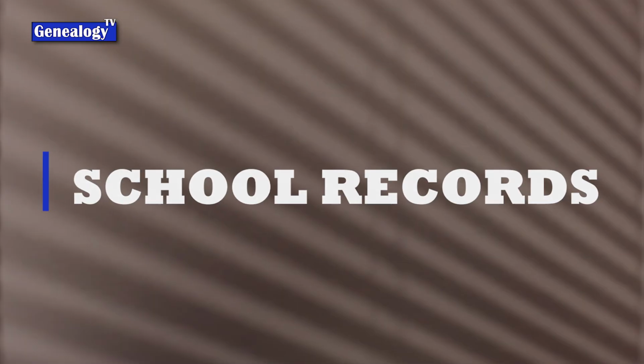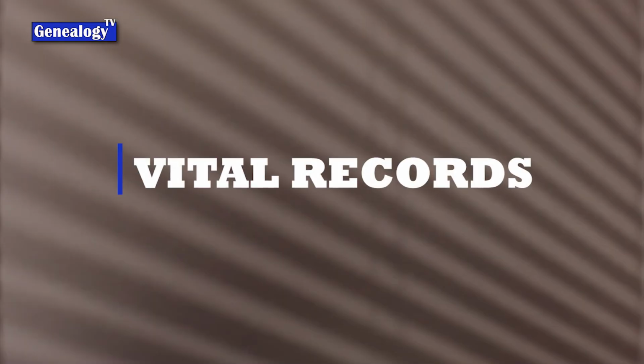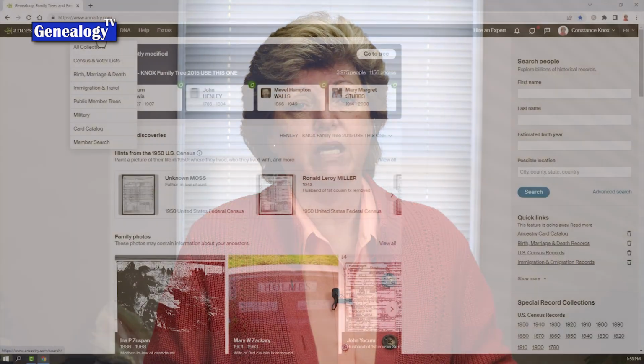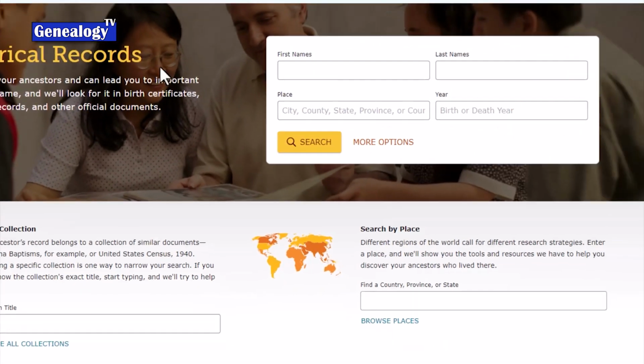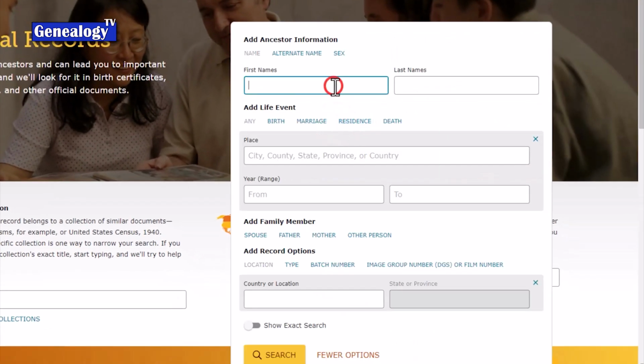How about school records? MyHeritage has a free-to-search collection of U.S. yearbooks, the indexes from 1890 to 1979. Don't forget vital records. While many birth and death certificates were not really required until somewhere between 1899 and about 1912, depending on the state and location, marriage records, birth indexes, and such may actually exist to help fill in that time gap. Now search the Ancestry card catalog in those areas you are researching, and you can do the same over at FamilySearch. You need to just search it in a different way using the records search.